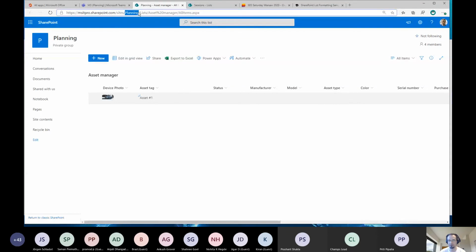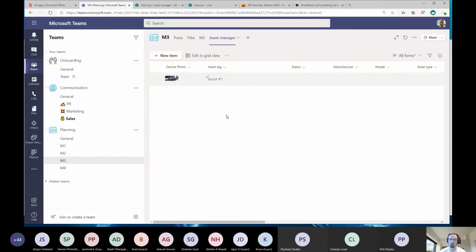So this one is planning, so that's correct. All lists that you create in this app will be stored as a classic SharePoint list behind the Teams, but for the end user, for you, it will be a Microsoft list in this dedicated app. So that's cool.